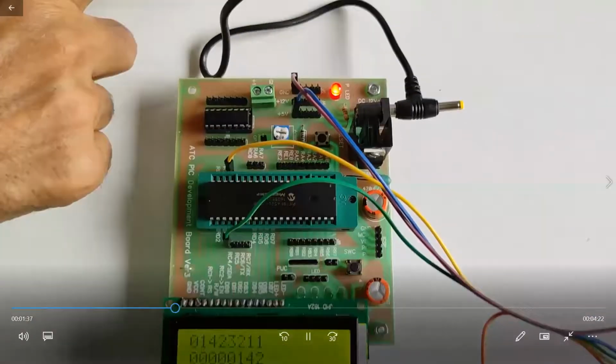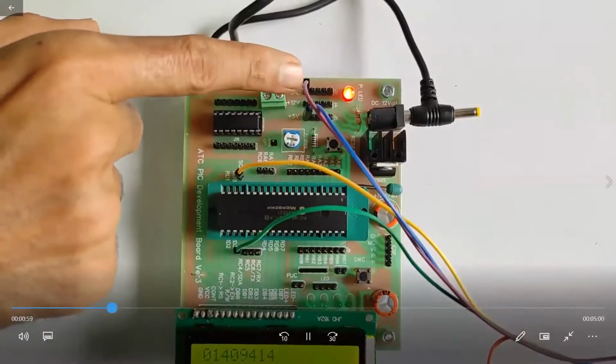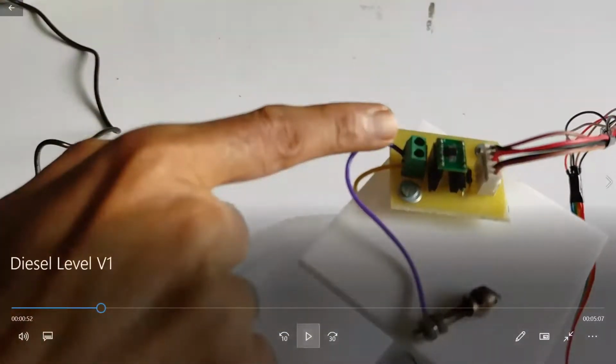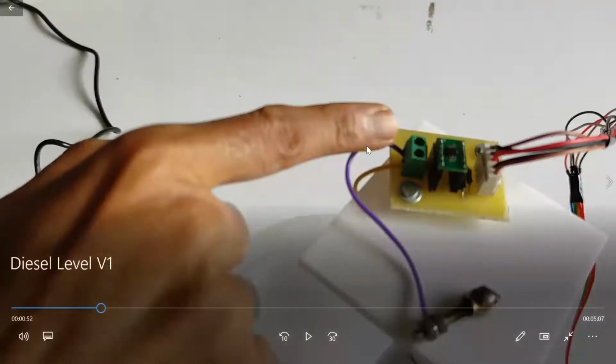Now, this is used for the pull-up resistor, and this goes to the input channel of the FDC. So in this module, look at the pointer position. There are two pull-up resistors used for the I2C bus. In the PIC development board, I have not given pull-up resistors on the I2C pins, that is serial data and serial clock. So those pull-up resistors are connected here.